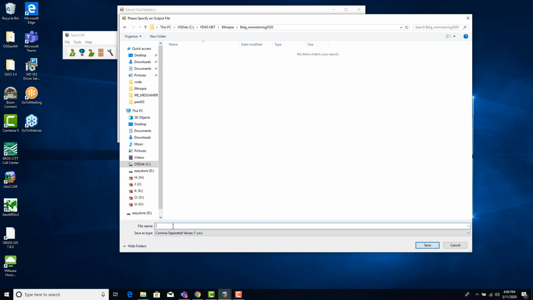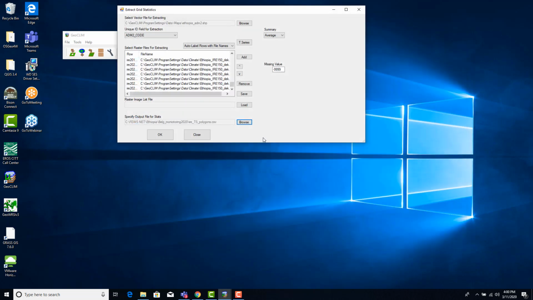So here I'm going to use the time series for polygons tool. Okay, so I'm saving the extraction of all those files, of all those polygons, into that directory,